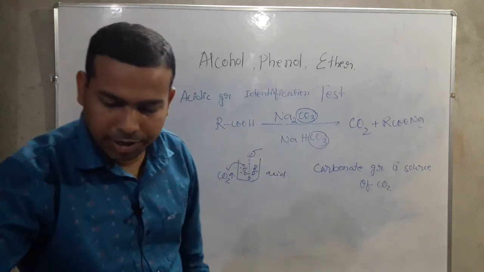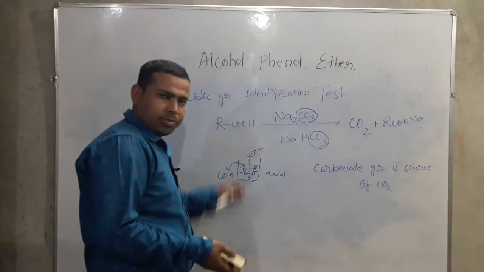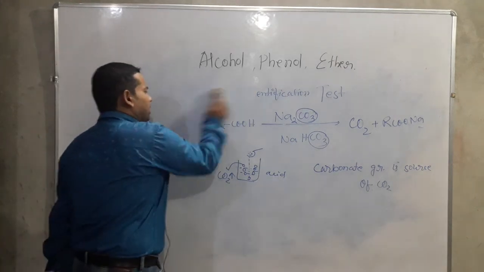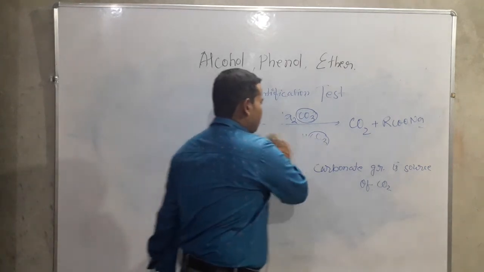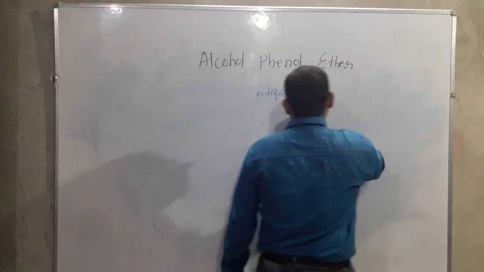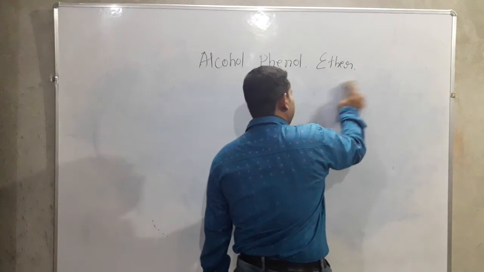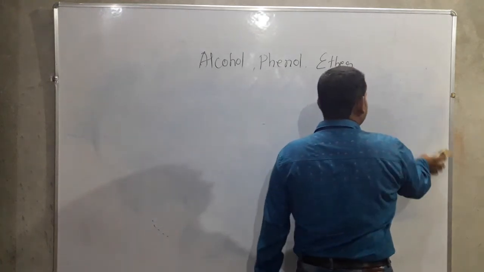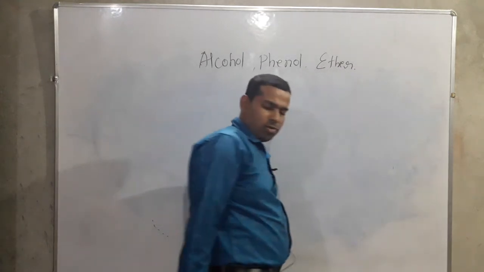Next one is boiling point. Clear, people? Another one is boiling point. Primary alcohol, secondary alcohol and tertiary alcohol. So alcohol basically